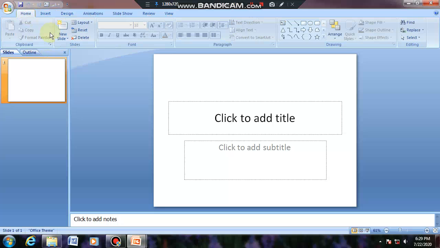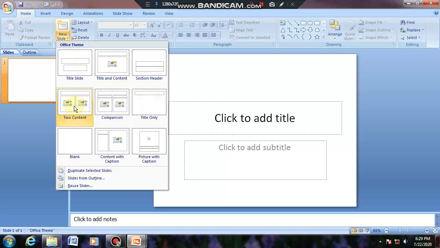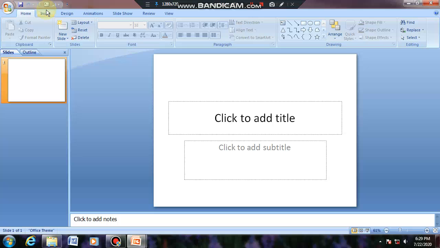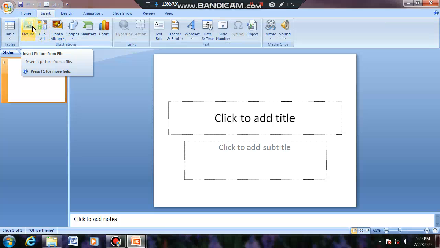We have 9 types of layouts which we use in Microsoft PowerPoint to create a presentation. Today I will tell you how we can insert a picture and how we can rotate the picture using different formatting options from the picture tool. This is your Microsoft PowerPoint window.